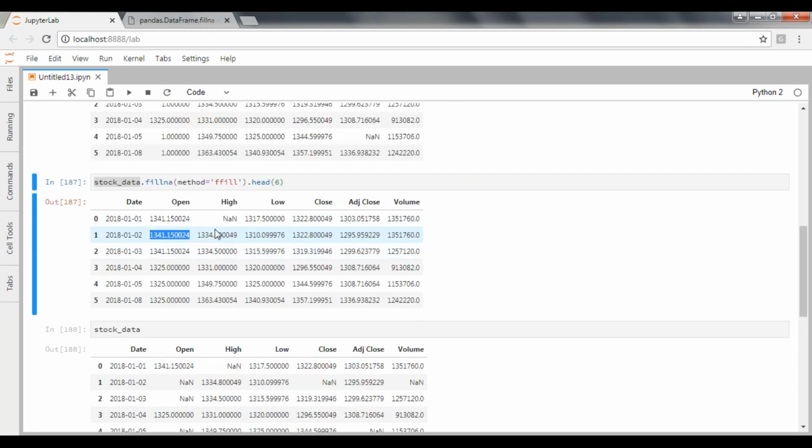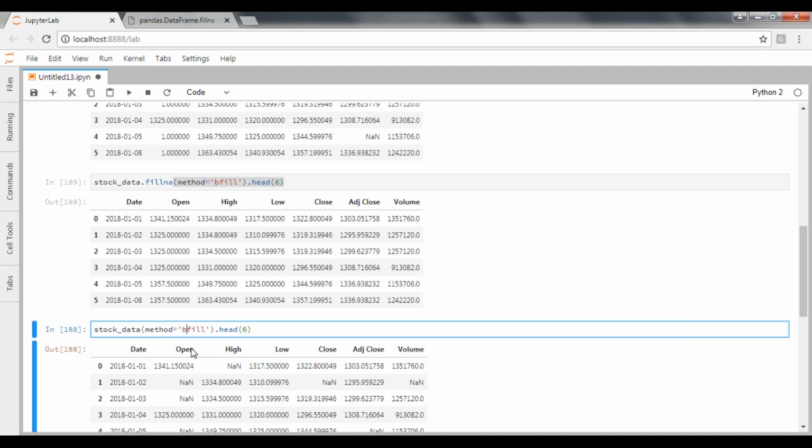If you want to replace with backward, you need to pass the string as bfill. See here, earlier that was replaced with 1341. Now if you pass backfill, then that will replace with 1325. And also if you can see here, the high value earlier was 0. When you pass method equal to forward fill, the value should be